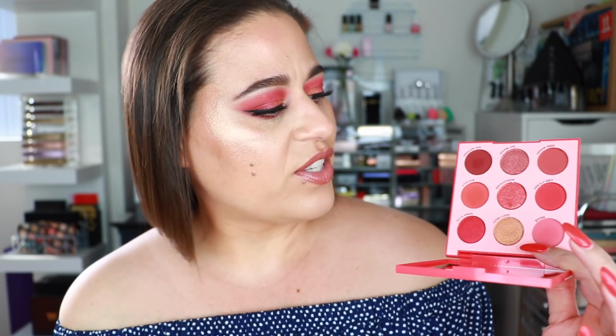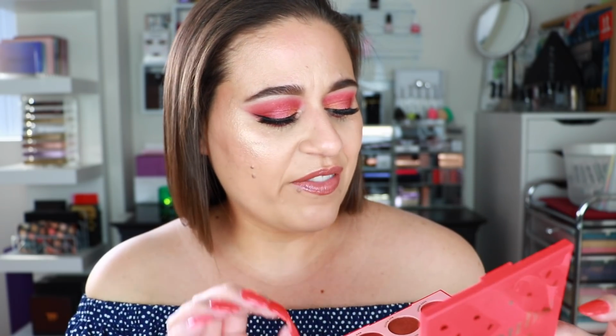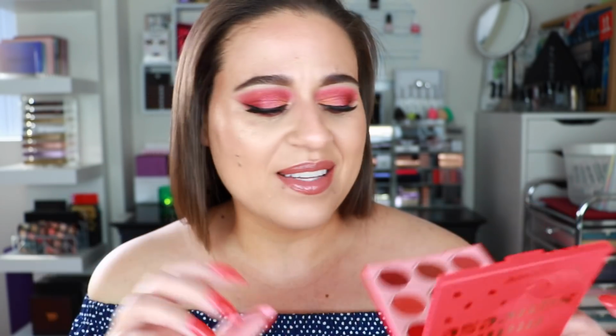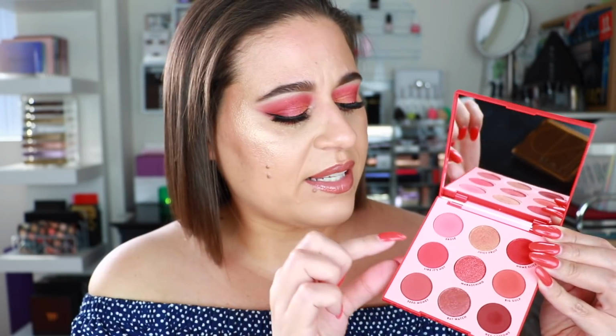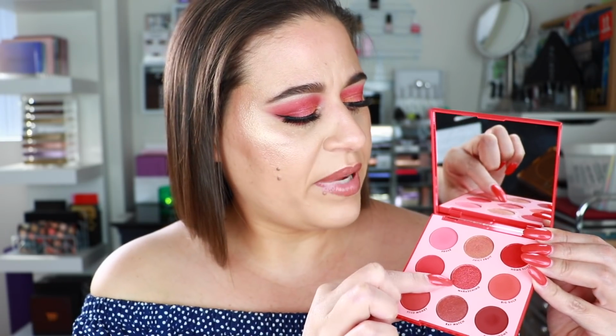So here's what the eyeshadow palette looks like. All of the names are listed on the eyeshadow palette itself, which is really nice, and they're very much themed with red type objects like Frosé, Home Slice, Like It Hot, Maraschino, etc. And these are what your shades look like. Now, just in case you were interested, the ones that are not deemed eye safe are Like It's Hot, Maraschino,